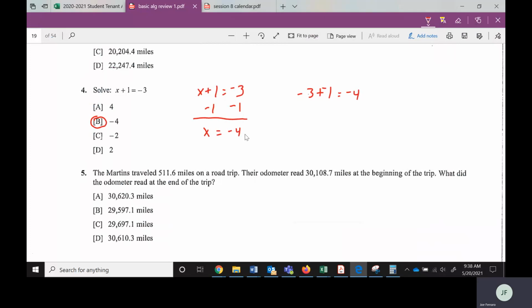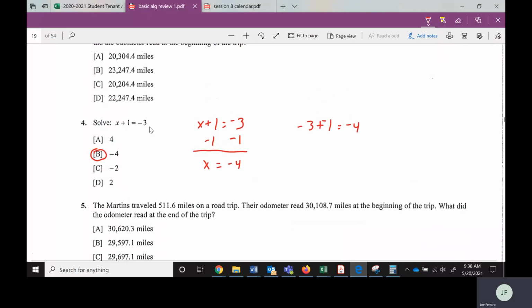Now especially here with multiple choice, you can always go back and check your answer. If you just go -4 plus 1, is that -3? Yeah. And again, you could use the calculator if you need to do that. Okay, so that's kind of the beginning, one-step equation with adding or subtracting. Number 2,